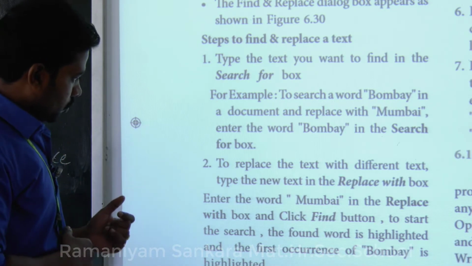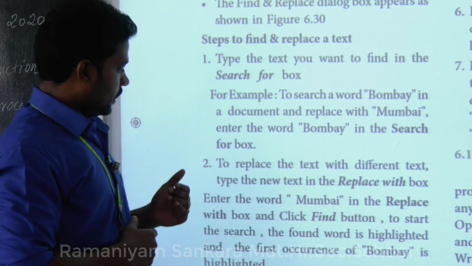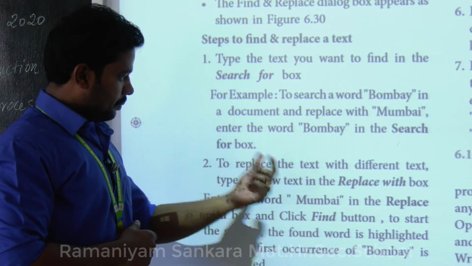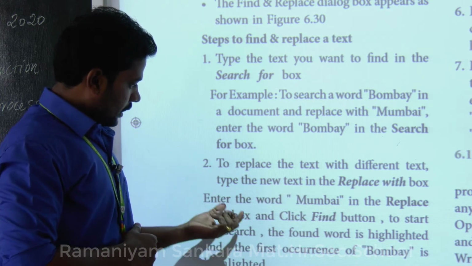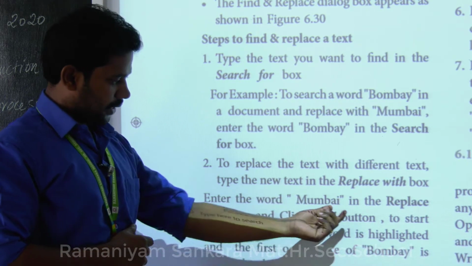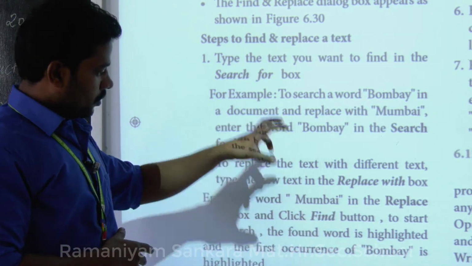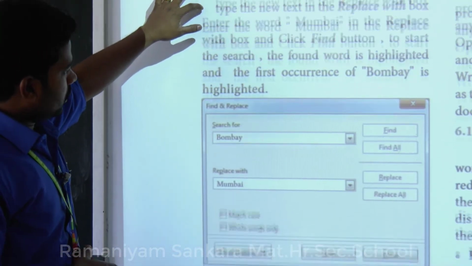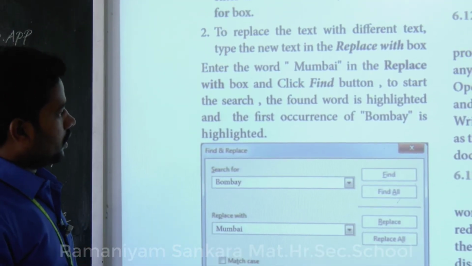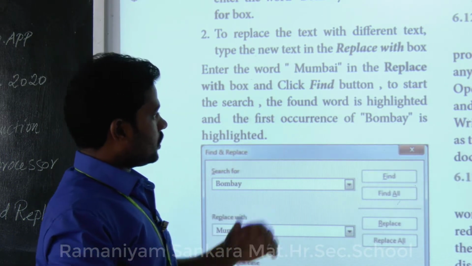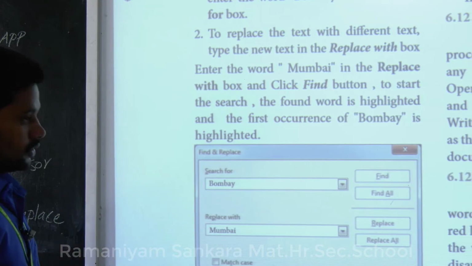And step number 2, to replace the text with a different text, type the new text in the replace with box, enter the word Mumbai in the replace with box and click the find button. After typing this, you have to click on the find button to start the search. The found word is highlighted, the first occurrence of Bombay is highlighted.